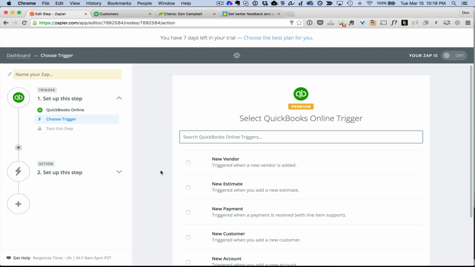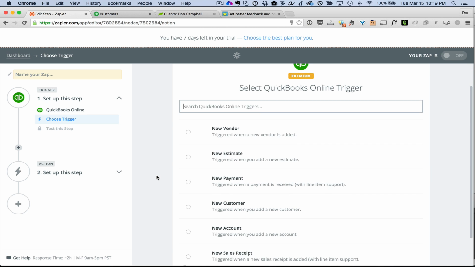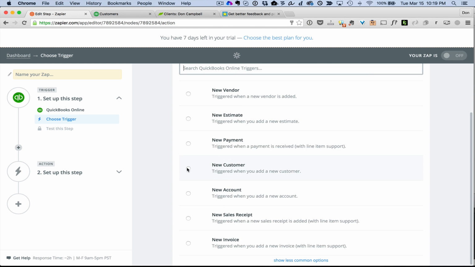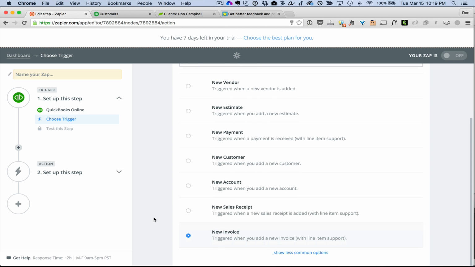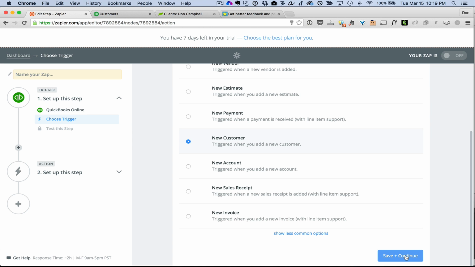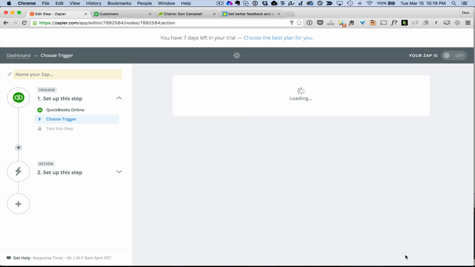And what's cool about this is when I select QuickBooks, it says here are all the things that can trigger some activity. In our case, we could either make it whenever we add a new customer to QuickBooks, then maybe it would add that customer in GetFiveStars. Or maybe whenever you create a new invoice, then that would trigger it. So you could do any of these, which is cool. Let's just say whenever you add a new customer in QuickBooks, then we're going to add one in GetFiveStars too. So I select new customer from the QuickBooks triggers,